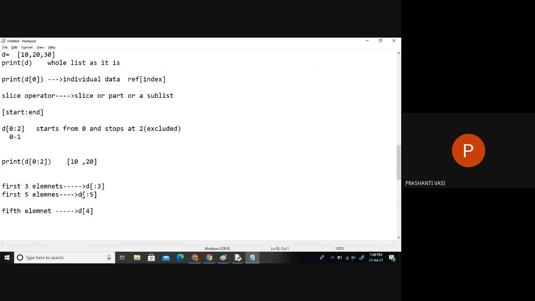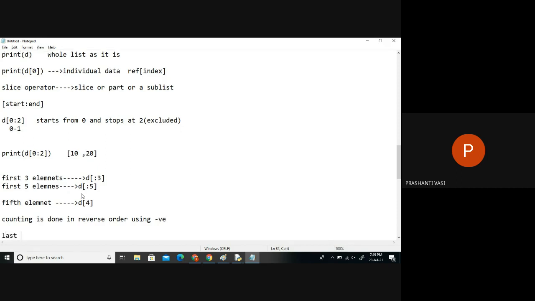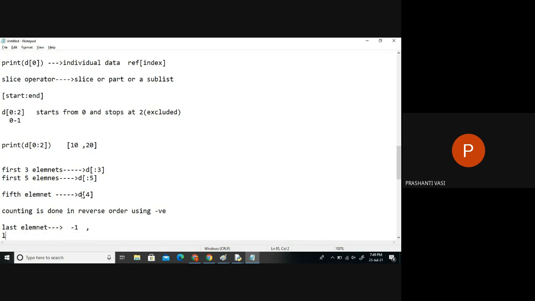And we also have counting in reverse order. Counting can be done in reverse order using negative notation, negative symbols. So if I have to say the last element, we have an index called -1. The last second means -2.